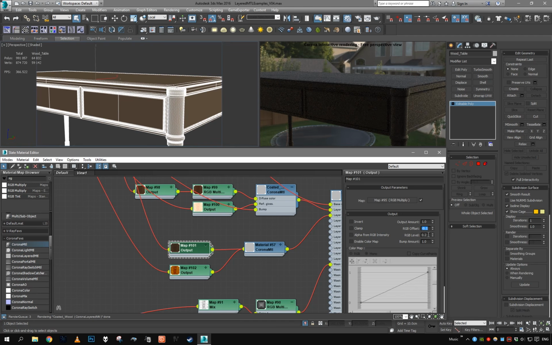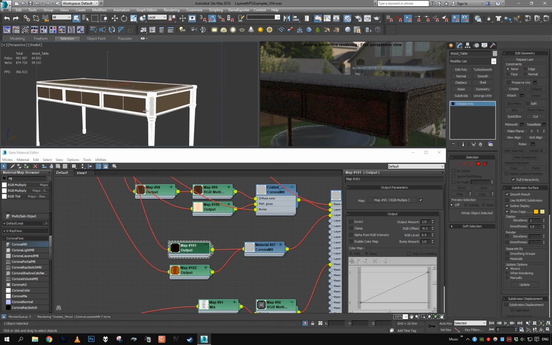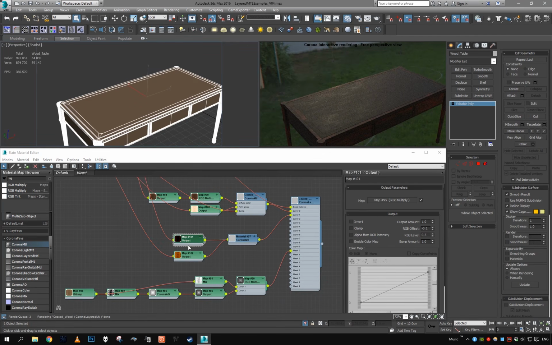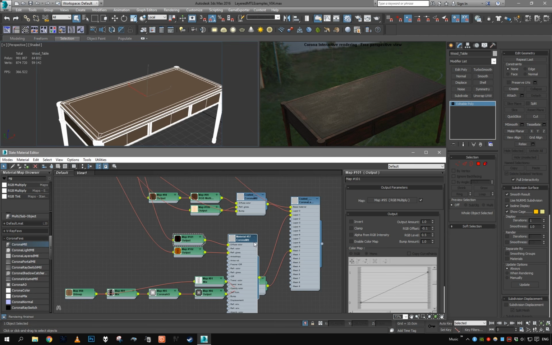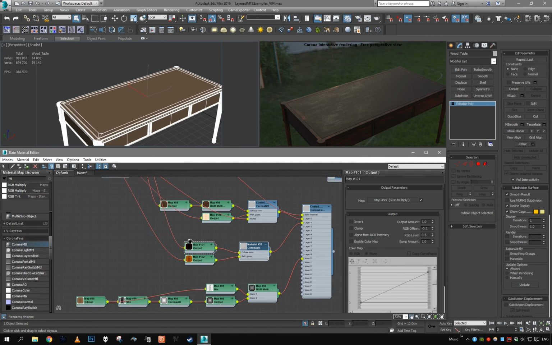Maybe this is actually giving me some nice effect. I think I will go with this. Okay. And now